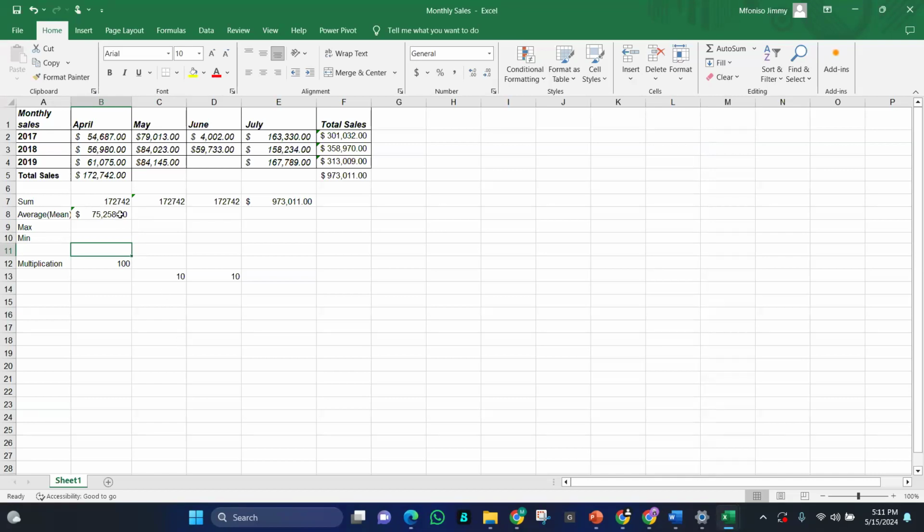Okay. What we did here is finding the average sales in 2017. And that means me adding up April 2017, May 2017, June 2017, and July 2017. And since we were talking about the average, average means add all those things and divide it by the number of places. So in this case, the places we have is four, which is April, May, June, and July. So after we add up everything, we'll now divide it by 4. That's how we had this. Let me show you.